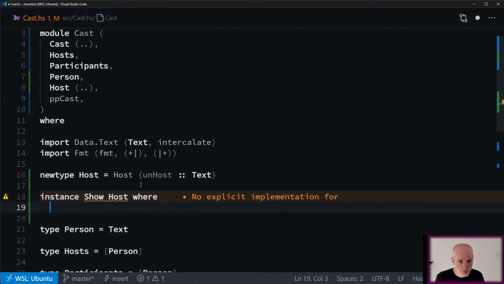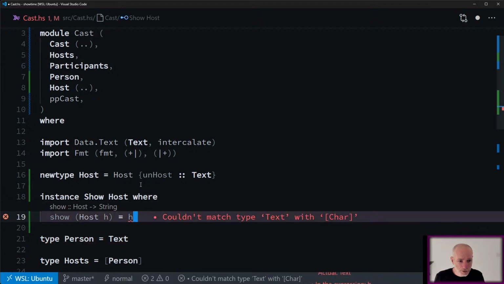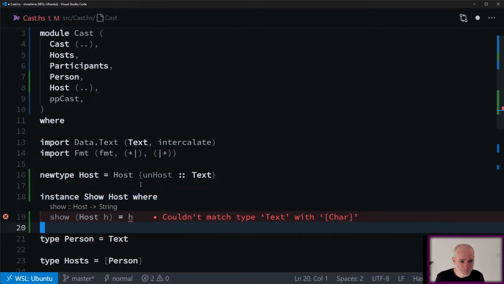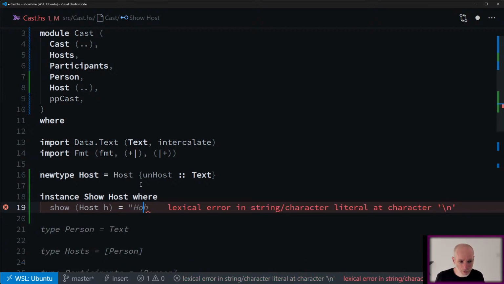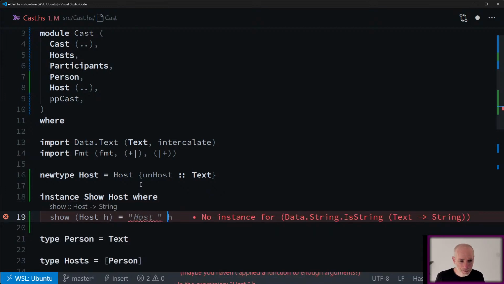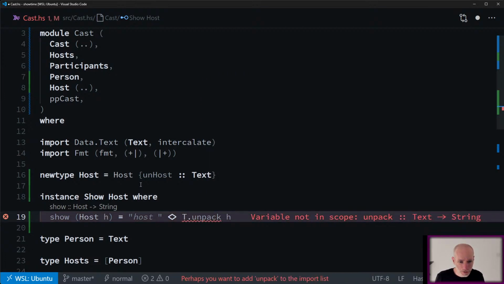where show. I've got some host h, which is equal to h. It's not just equal to h, it's actually equal to, specifically, I want host lowercase followed by t.unpack h.